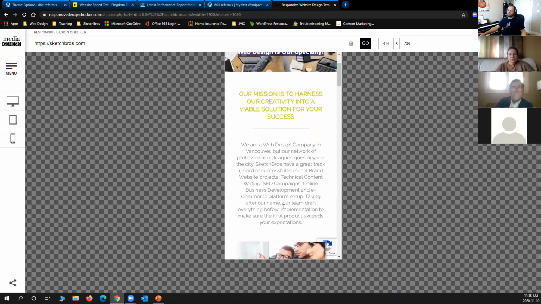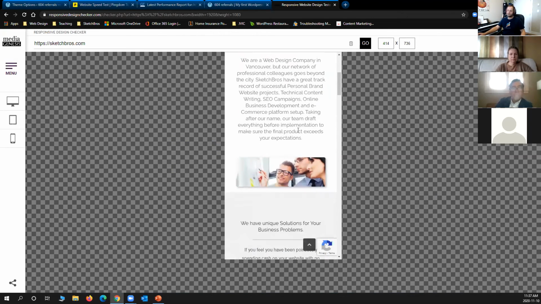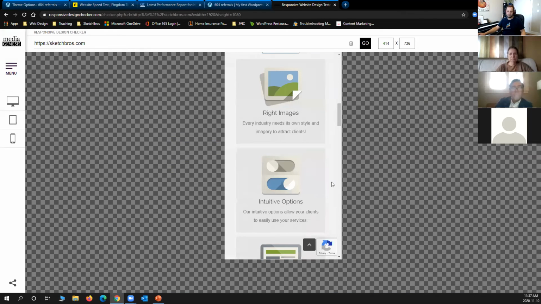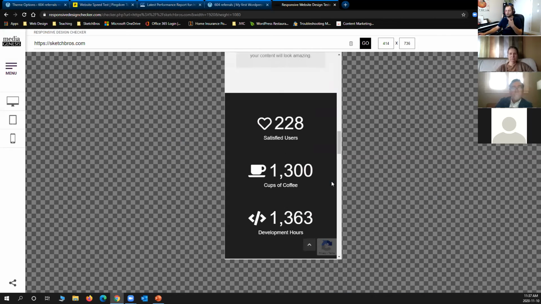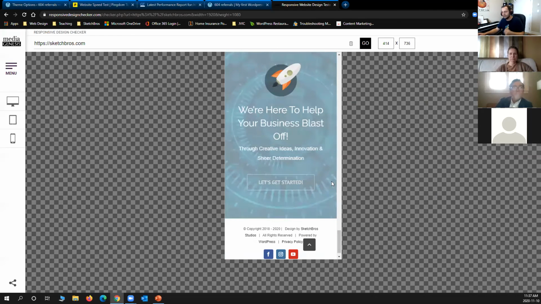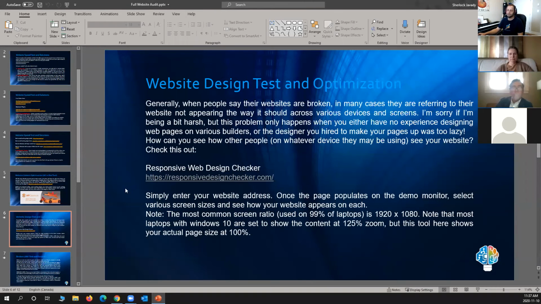Sometimes you look at your mobile view and like right now I'm seeing, oh, this text is too large, I should make it smaller. But sometimes you actually see that a piece of content is duplicated, which you didn't see on desktop view, but you can see on your mobile view. So yes, please test your website on your device views. Good. This is what people mean when they say it's broken.